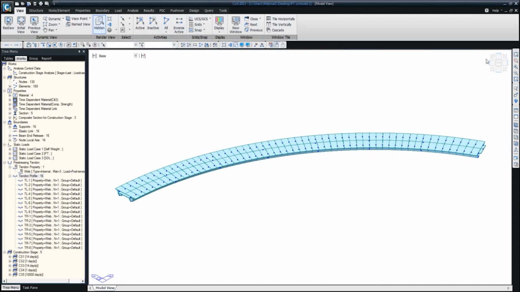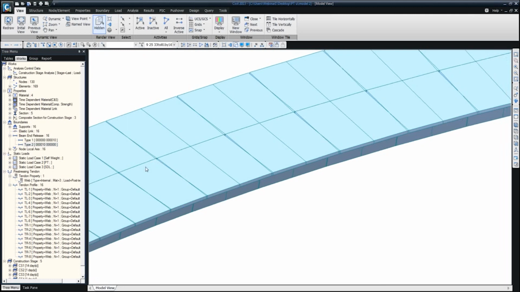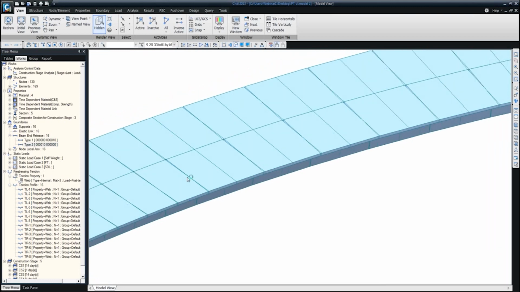Alright, so now here I'll show you how we define the temporary supports. So let me first show you where the temporary supports are located. To simulate the splice connections, we have applied beam end releases at these locations. So the beam end releases, if I just zoom in here, are applied to release the moments,